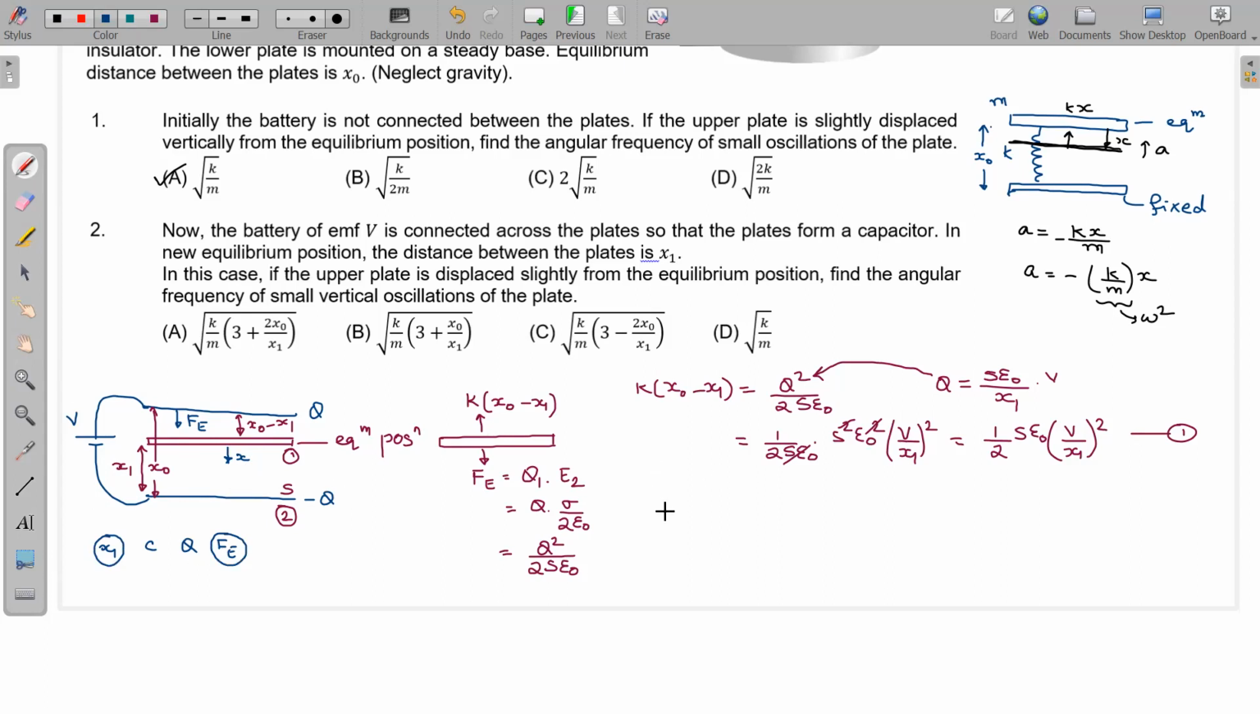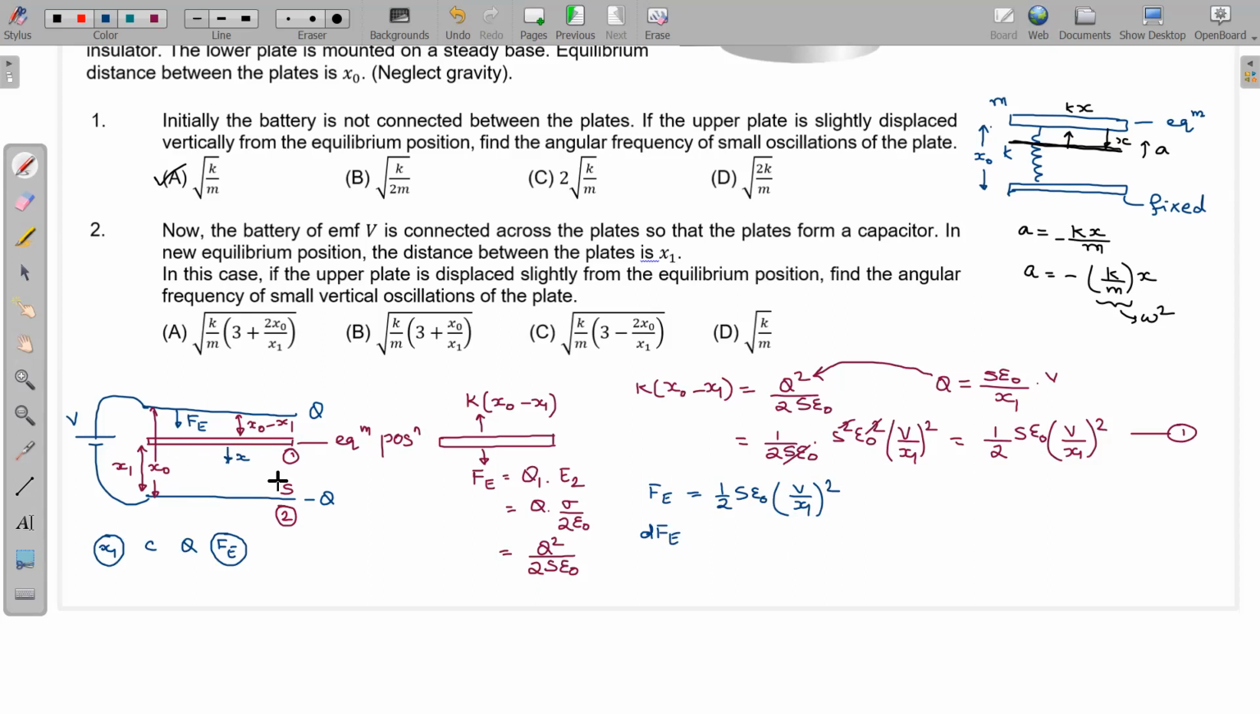So the electrostatic force, what is the electrostatic force? We have seen over here that electrostatic force is given as half of S epsilon naught into (V by x1) whole square. This is the electrostatic force when the separation between the plates was x1. Now let us find the change in electrostatic force if you displace this top plate by a